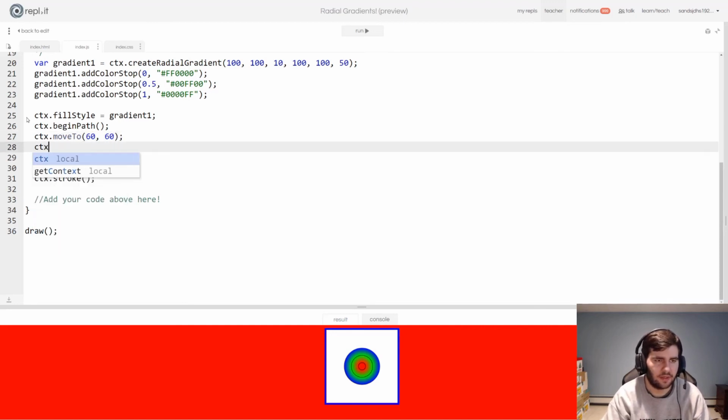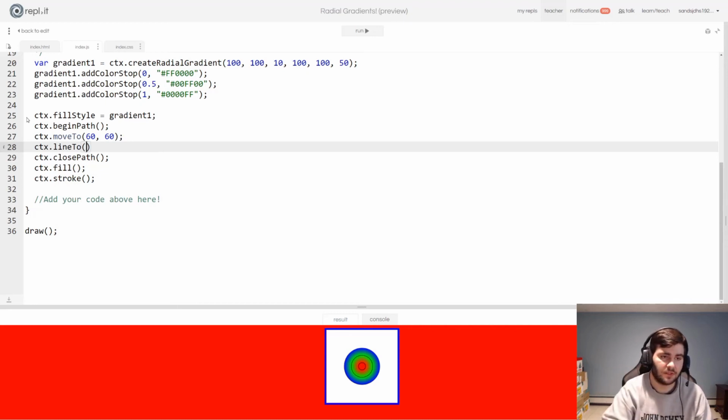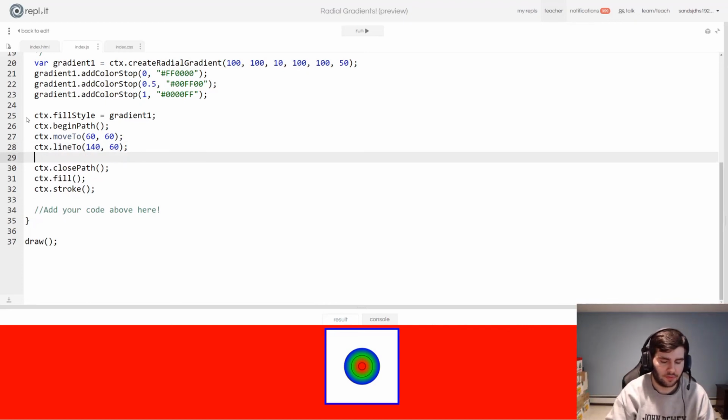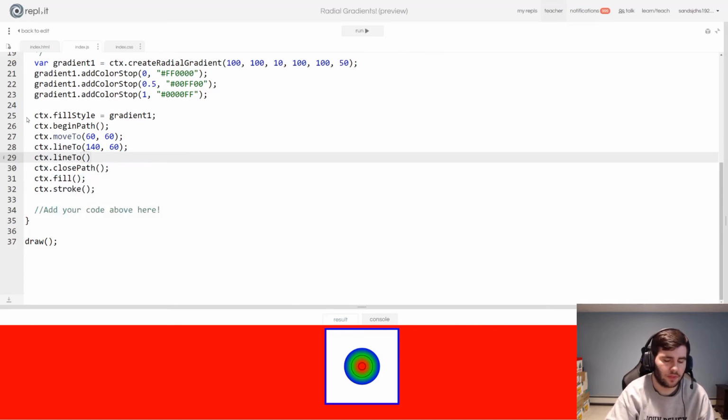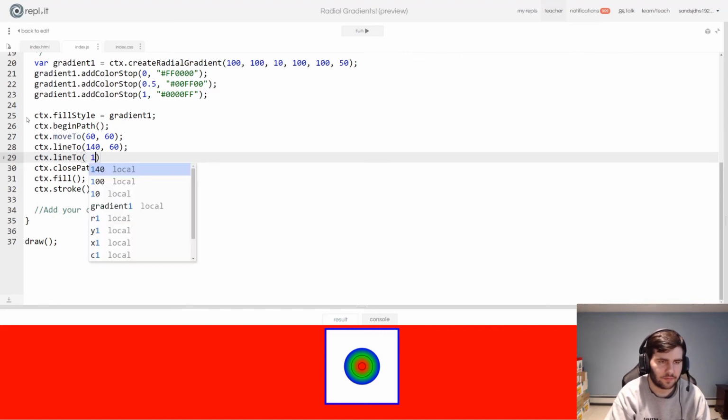All right, then what I'm doing here is I'm drawing a trapezoid. And I'm going to start with that top horizontal line. So I'm going to go from 60 60 to 140 60. And you can tell that that's a horizontal line because we change the x coordinate, but we don't change the y coordinate. All right, then I'm going to say, let's do ctx dot line 2. Let's bring it to 180,